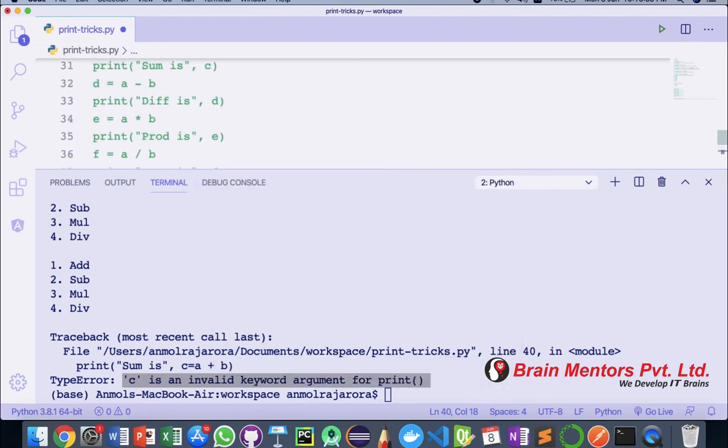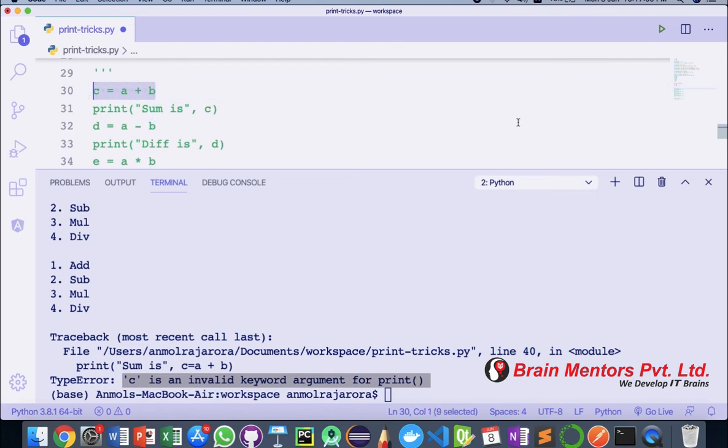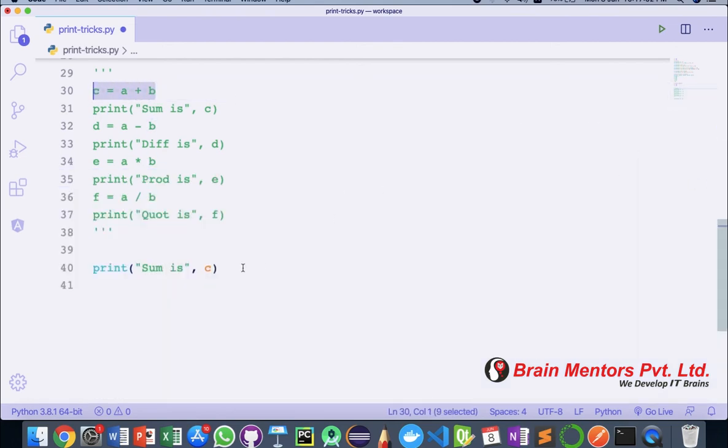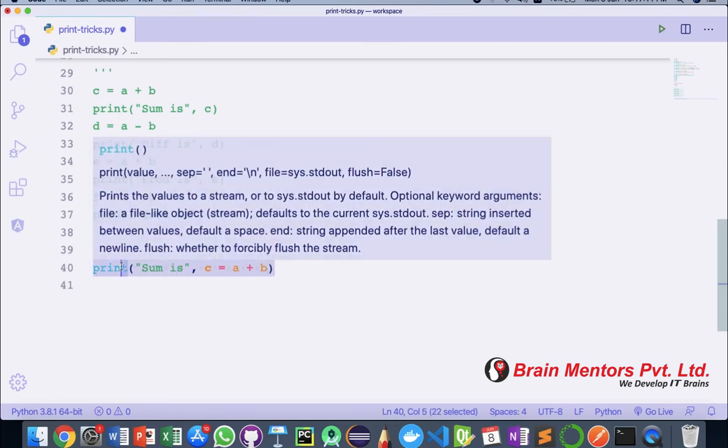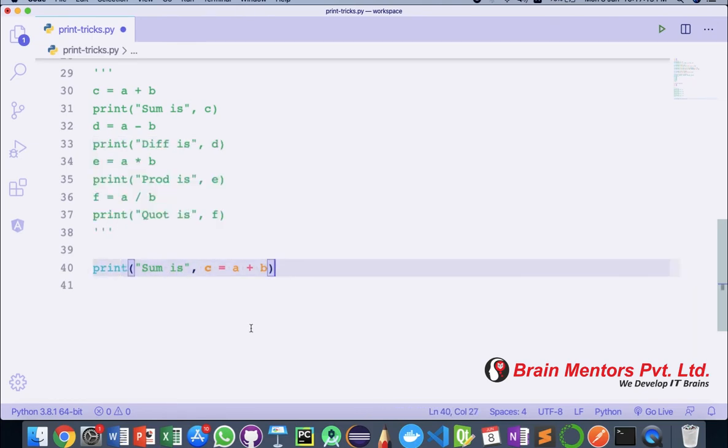So we had to define something like this here, C is equal to A plus B, right? What Python 3.8 says is that you can define the variable, assign the value to the variable, as well as print out the value of the variable in the same line. For that, you just need to enter a new symbol here, that is colon. So before equal to, you need to put a colon, and this makes your walrus operator. The combination of colon and the equal to sign makes this the walrus operator.